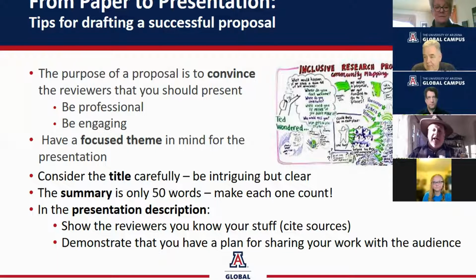So with citing sources, you don't want to cite 1,000. You want to cite the key ones. Maybe there's a key article that dates back 30 years. It's really important. But maybe there's also something that was published just last year that's right on the crux of where you're going to head with what you're going to do. Those are important to include.